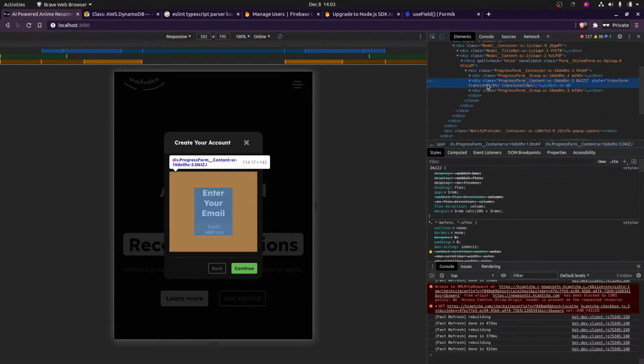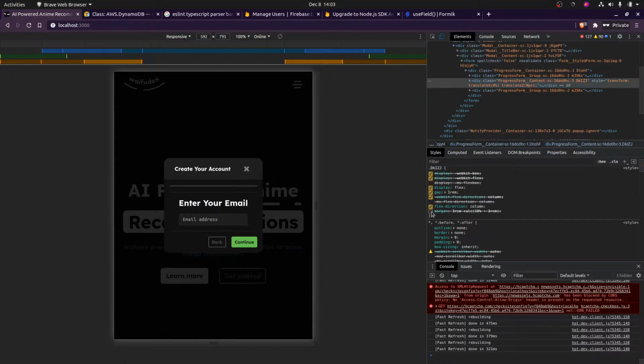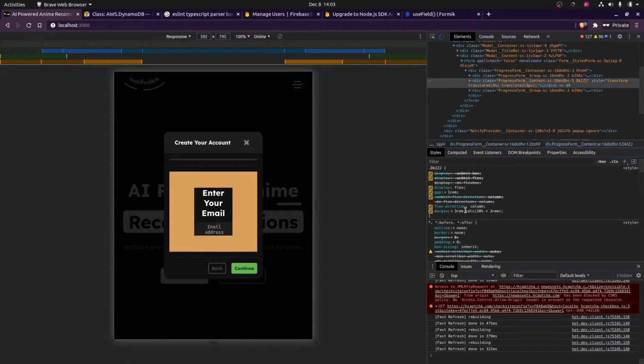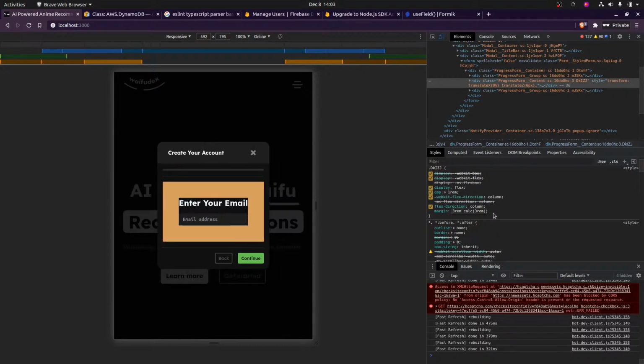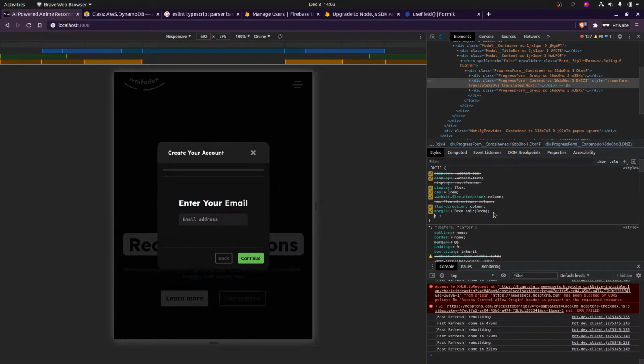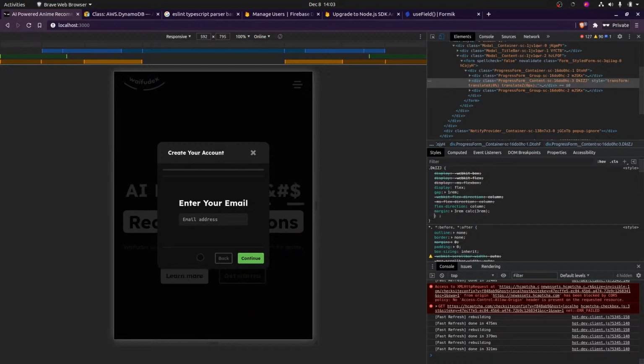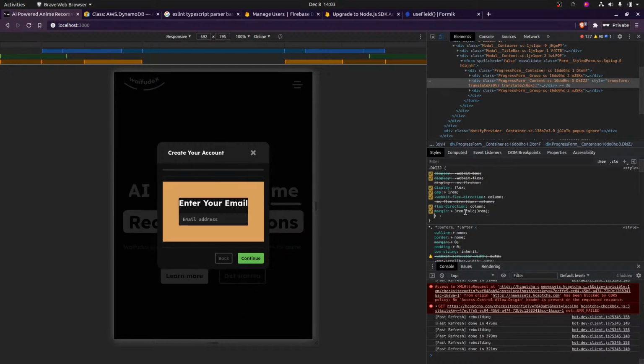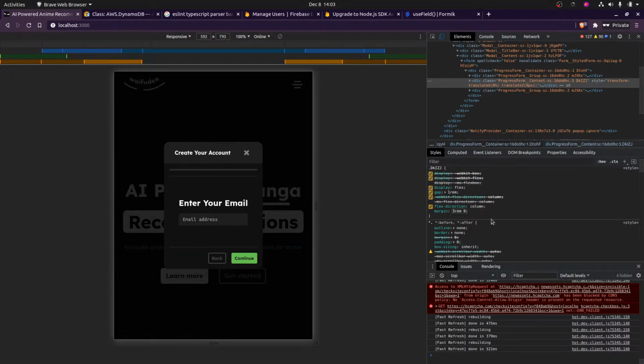Okay, so basically this is broken. But that works though. Now why does that work? And why does this also center it? Is it just centered automatically?